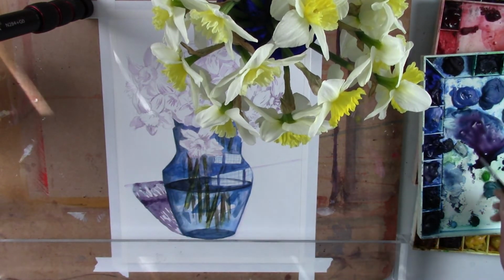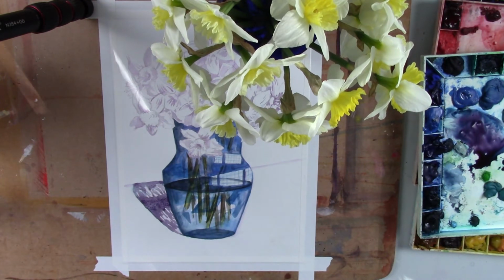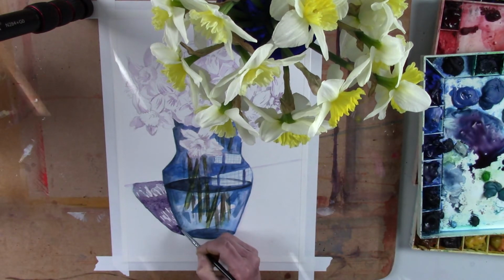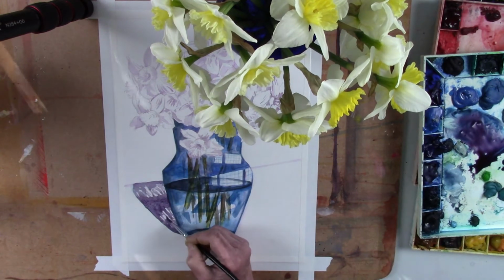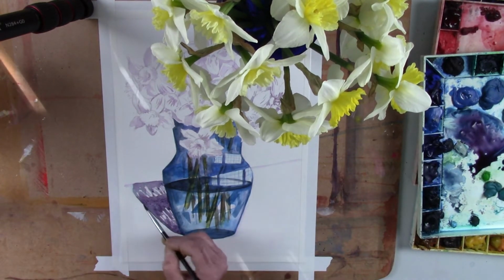I think that's probably going to be enough. Let's see, and just blend this out a little bit more. Down here, I'm just going to put a little more shadow, even though there could be a fair amount of light coming through here. I'm just going to bring that down. Put some of those odd shapes in. Okay, so